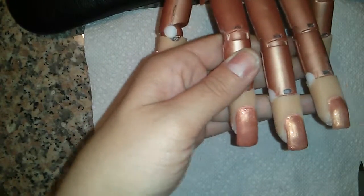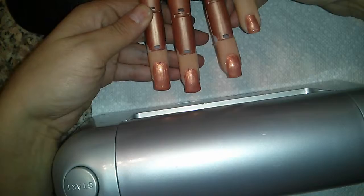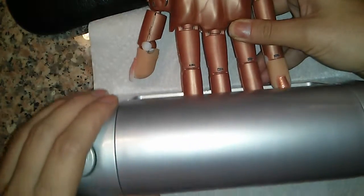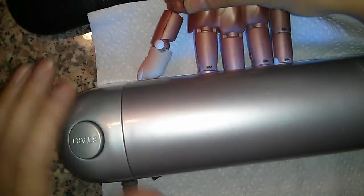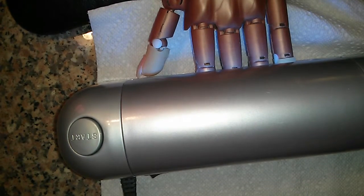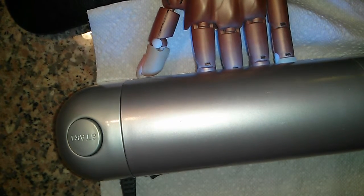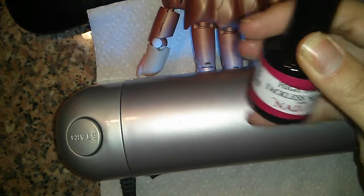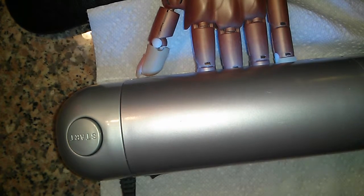I'm going to pull my light back in here. I'm going to slip the hand in, instructing your client to try to keep her fingers flat so that gel settles the way that it's supposed to. I'm going to go ahead and close up my gel. I'm done with my gel now. I'm going to be top coating with a high gloss tackless sealer, which again you bake under the light. First I am just going to